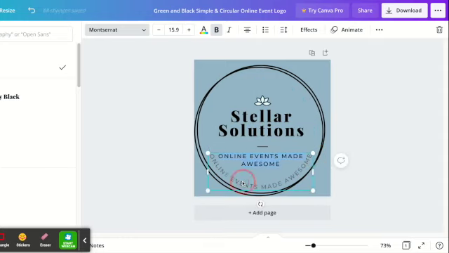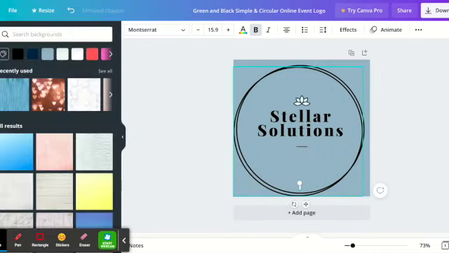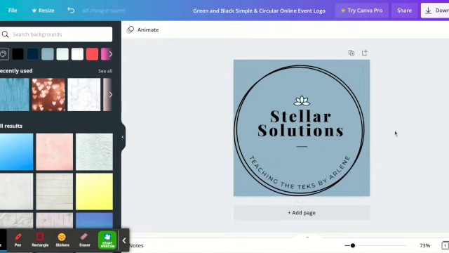So I'll change the wording to say Teaching the TEKS by Arlene. The TEKS are our state standards, in case you didn't know. So once I click off of it, it goes back down to that